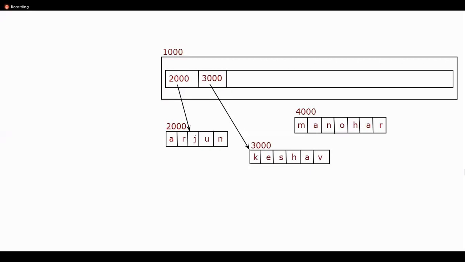So, sir, will Manohar be stored directly there? 100% not. Somebody who has been following my lecture so far will know that what is actually going to be stored here is the object address of Manohar. In this case, it happens to be 4000. As a result, immediately from this location, it will start pointing to the string object called Manohar. And this is the story so far for three values in my list.